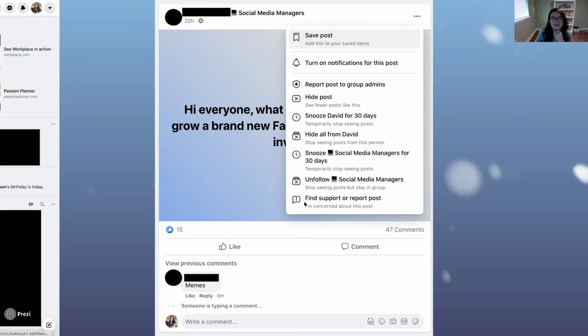And then this is a little redundant, but it is different. Reporting the post to the group admins is reporting to someone like me, who is an administrator of a Facebook group. When you find support or report a post, that's reporting it to Facebook. So if you do this and the group admins are really good about taking stuff down, great. If they're slow, or if you reported it 3 days ago and you're tired of waiting and you don't feel that post should be up, you can then report it to Facebook. And as long as, again, it violates some type of rule, they will take it down. All right.